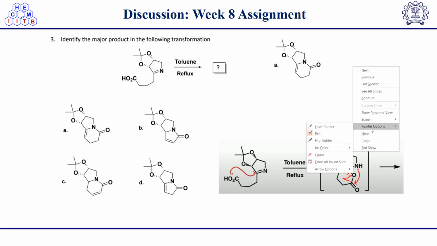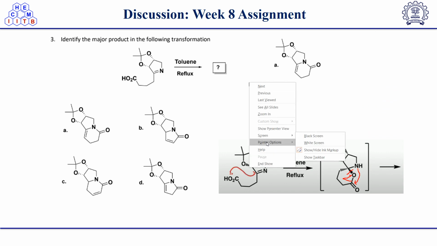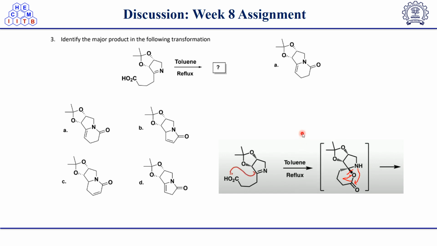Therefore, from that spiro compound it will rearrange to give the corresponding fused system. So the correct answer will be option A. This compound upon reflux goes through this spiro intermediate, and we get compound A as the major